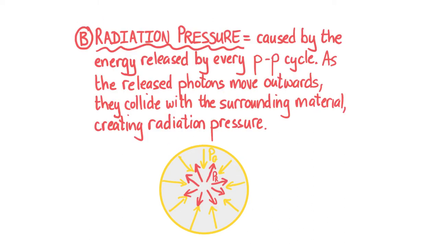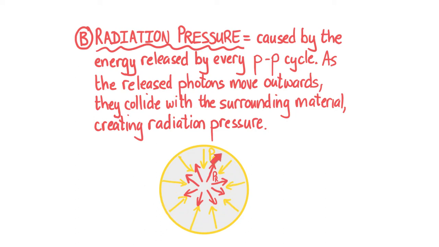The second type of pressure is known as radiation pressure. Now, this is caused by the energy released by every proton-proton cycle, and as the released photons move outwards, they collide with the surrounding material, creating radiation pressure. So this is the pressure that is created by nuclear fusion, and it's an outward pressure